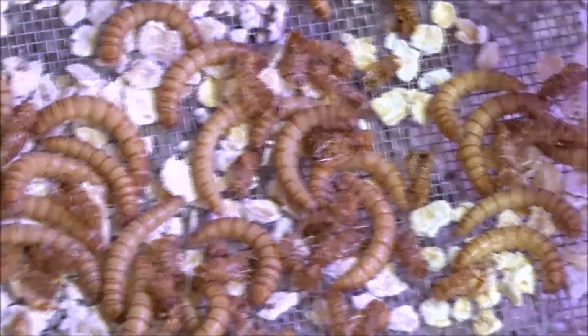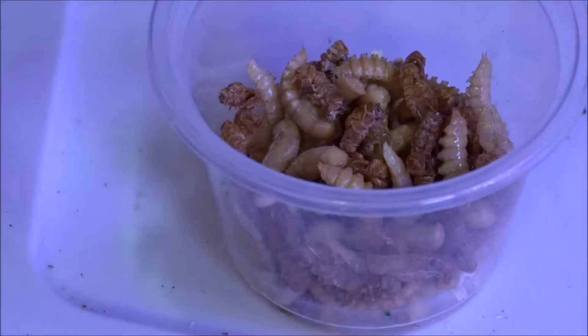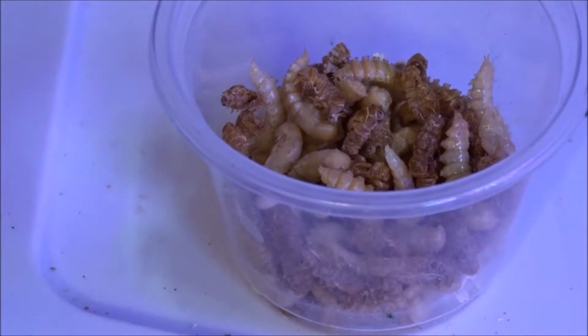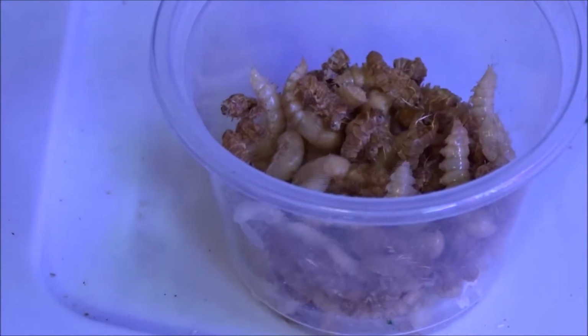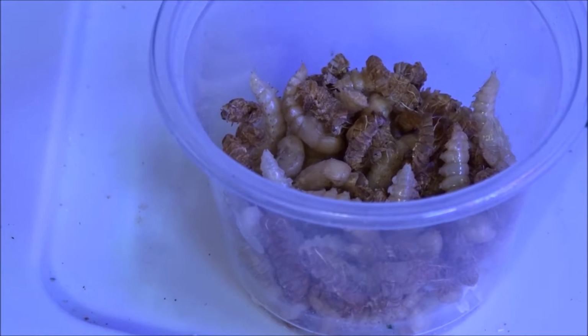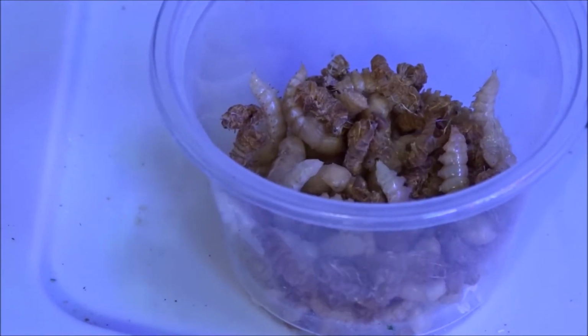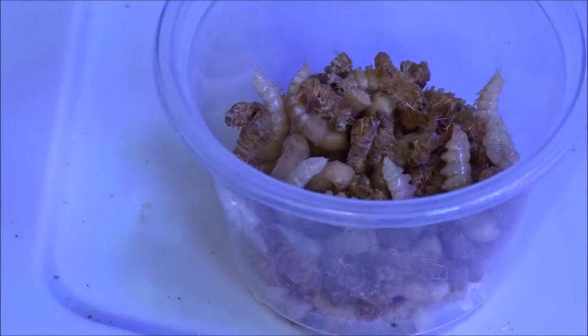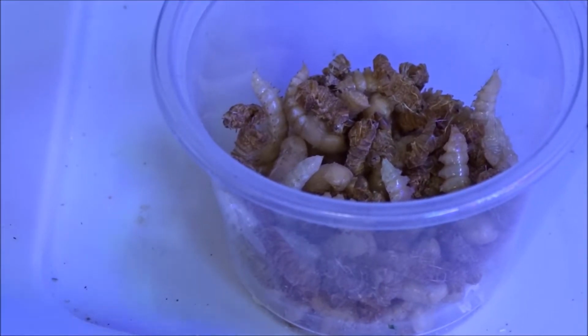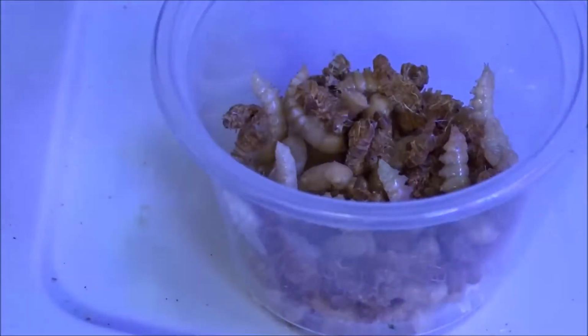Oh my gosh, the pupa are going crazy in that thing. Y'all, talk about being grossed out. I know, I have tarantulas, but that right there, it really grosses me out. It really does. They all start freaking out when they touch each other like that, and I need to actually get them out of there. But anyway,